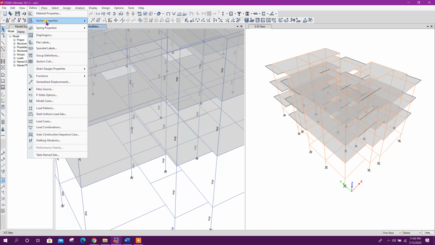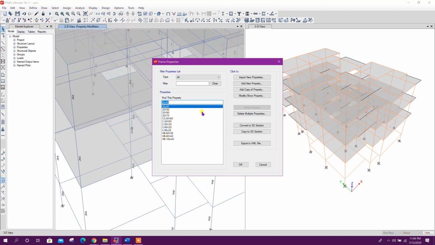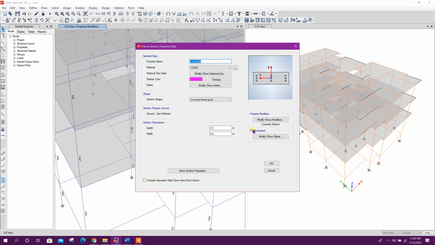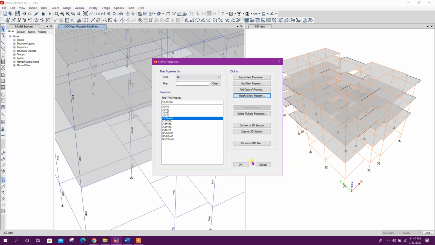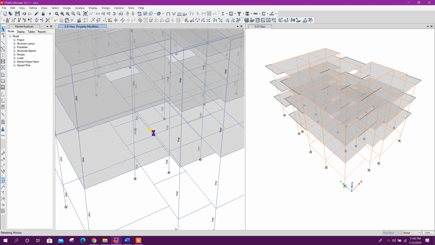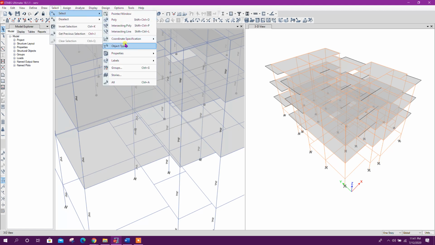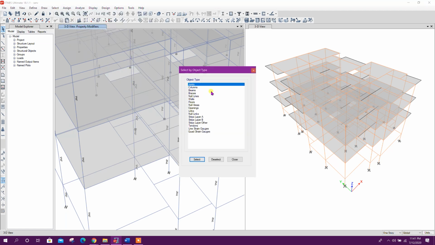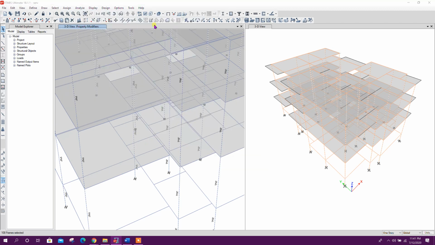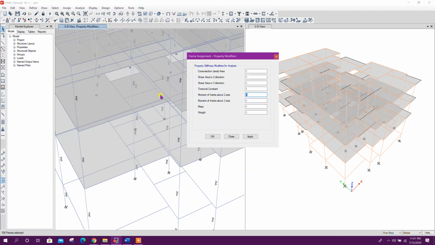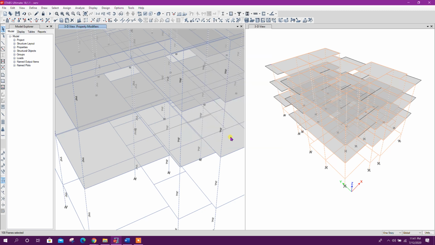So we will never use stiffness modifiers in section property. Here we will not use the stiffness modifiers. We will use the stiffness modification factor after finishing the model, by object type, then assign property modifiers. From here we will use our stiffness modifiers.